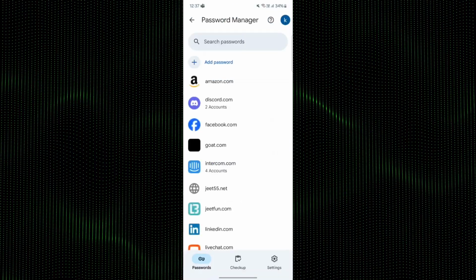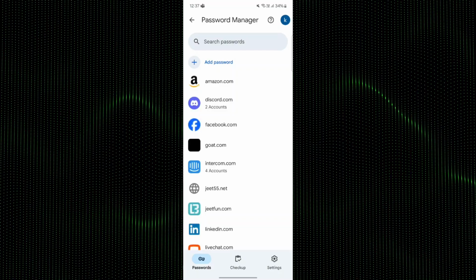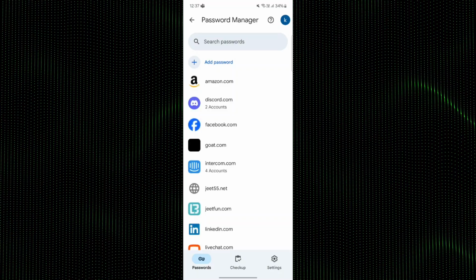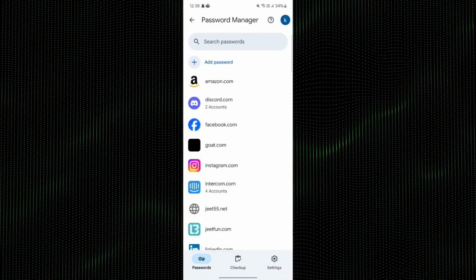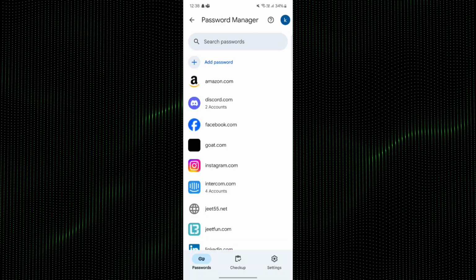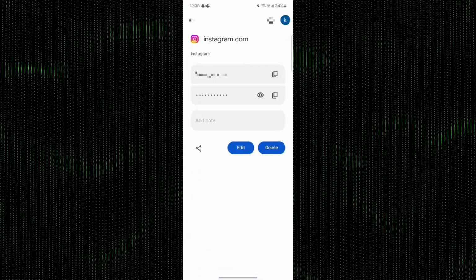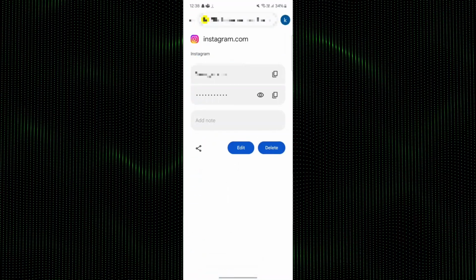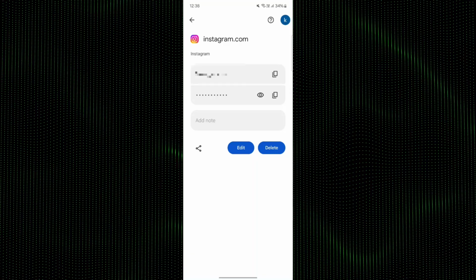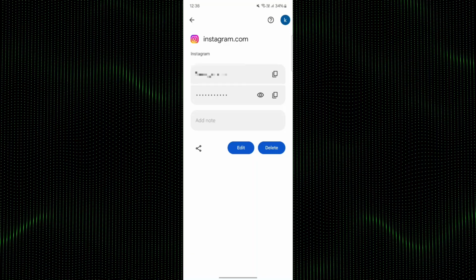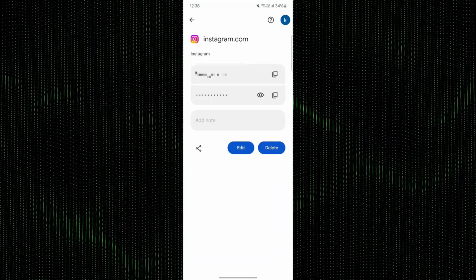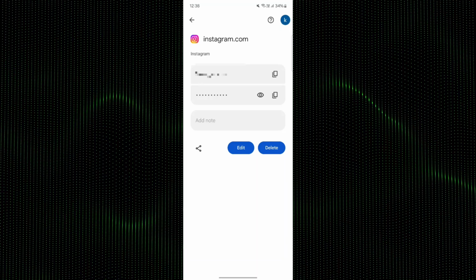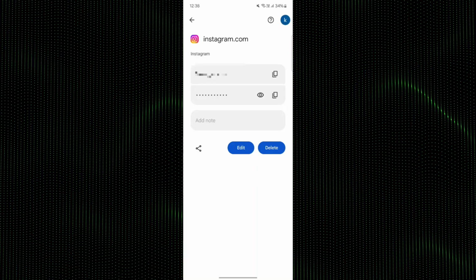So here basically you will get all the passwords and usernames which you have saved. Here you can scroll down and you will find instagram.com. So basically you can click on that. It will ask for the verification, verify it with the fingerprint or the PIN, and here as you can see you have got the username, and when you click on this eye sign you will get the password as well. And from here you can edit and delete it as well. So this is how you can see your